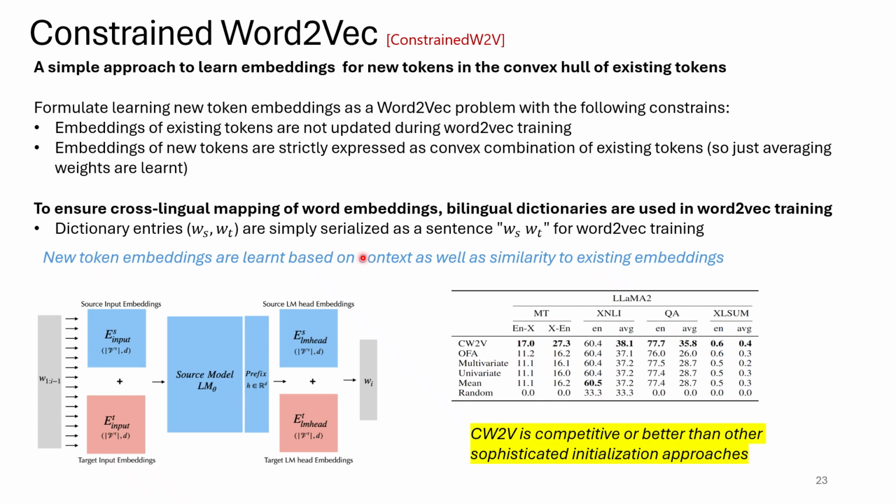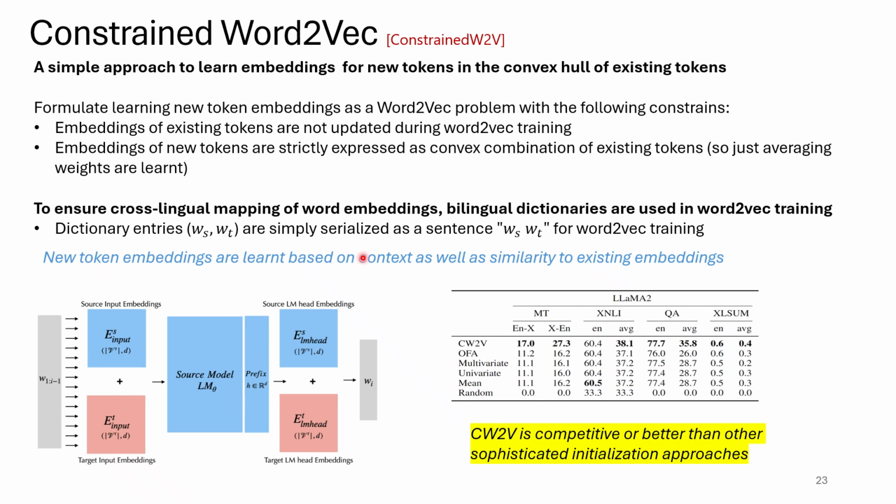So just the averaging weights are essentially learned. And this ensures that the word2vec training gives you embeddings in the convex hull. But of course, how do you ensure that you are still learning some cross-lingual stuff? So in addition to the language corpus, we also use cross-lingual mappings of